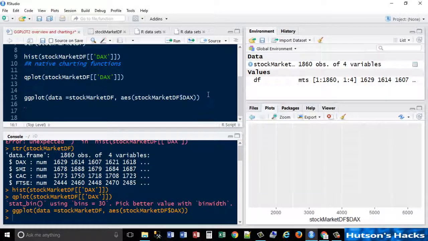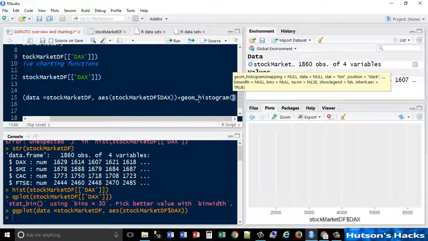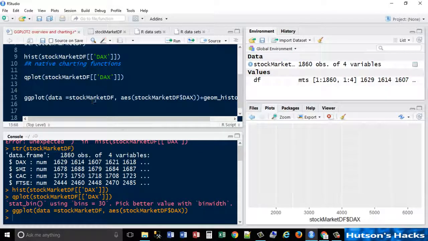That tells you how to set up the data, but it doesn't actually tell you how to set up the geometry, so what kind of geometry we want. So to add geometry, what I need to do at the end is put plus geom_histogram. So what this essentially does is, that's your data layer there, that's your aesthetics layer, and that's your geometry layer. If I run this line now,